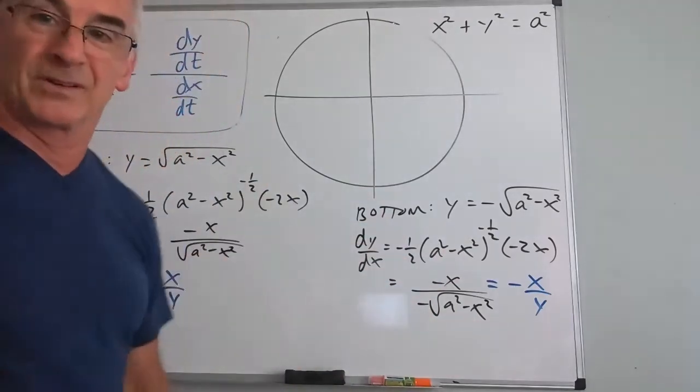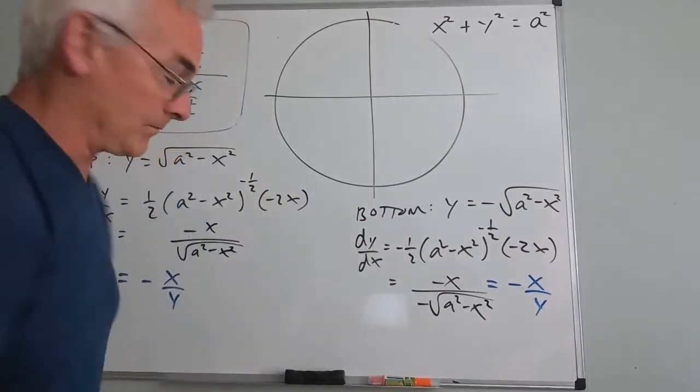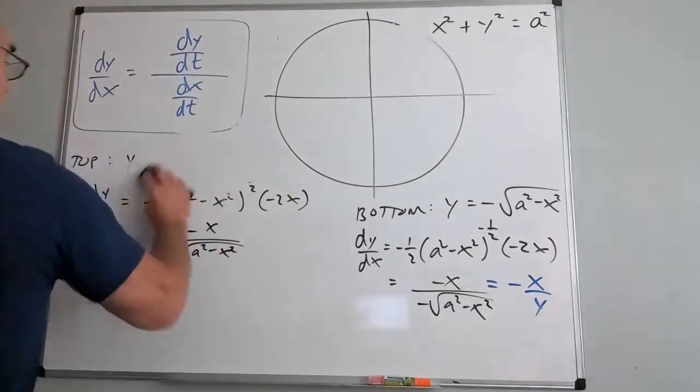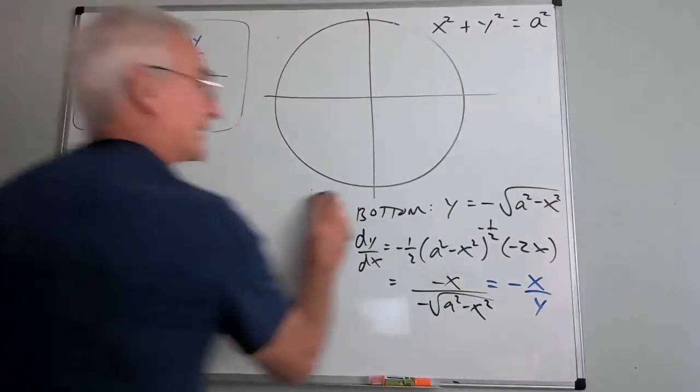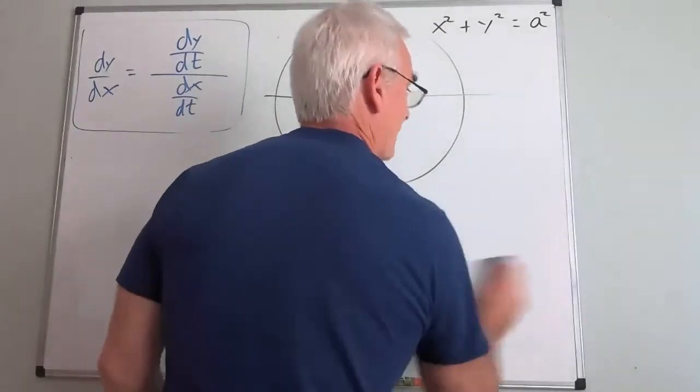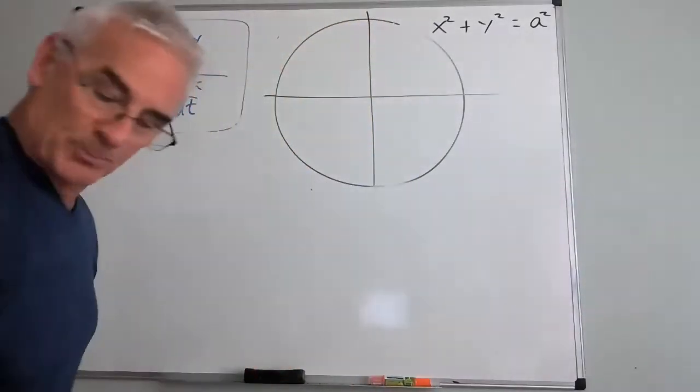This was a lot of work. Is there an easier way? Yeah, implicitly differentiating. So let's do that one next. And then we'll do the parameterized version last. And you'll see every way I look at it, I get the same answer, but some ways are a little